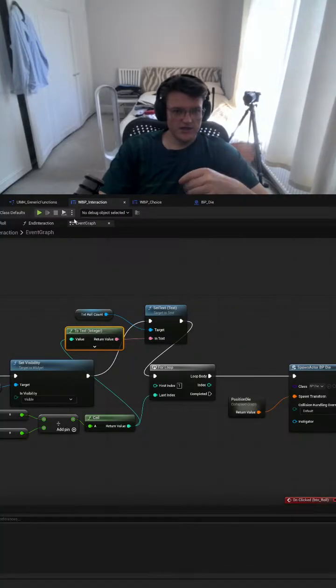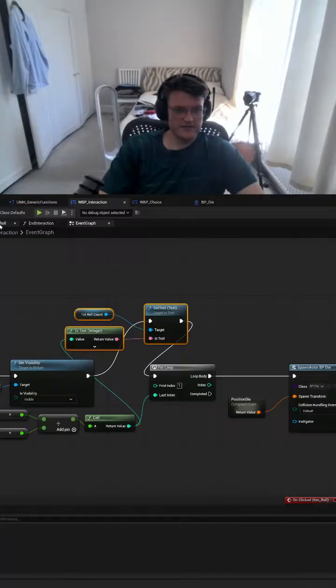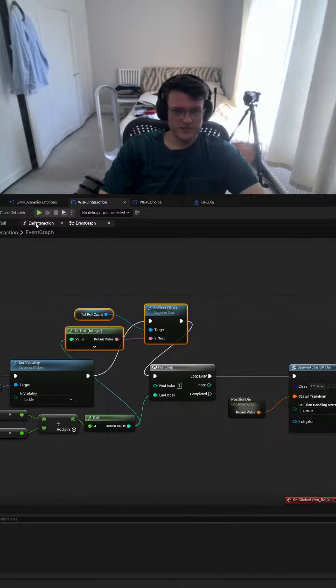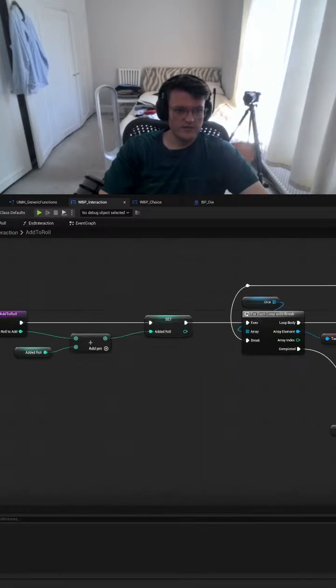And then each time we roll, we'll need to set this text to something else. So add to roll